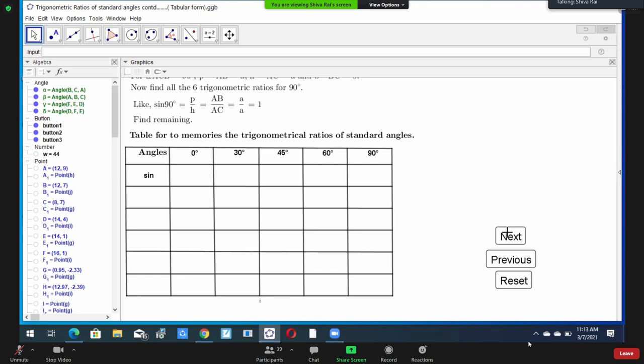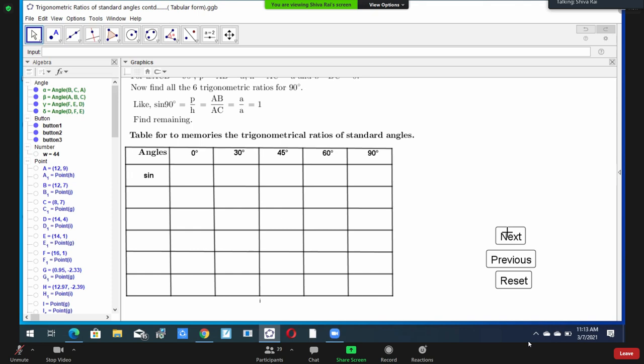This figure is given in page number 96. Look here, angle ACB is taken here, angle of reference. That angle ACB becomes smaller and smaller, and finally it approaches 0. It means it becomes 0. In that case, what happens? Sine 0 degree equal to what? Sine 0 or sine theta, that is P upon S. What's the value of P and what's the value of S?